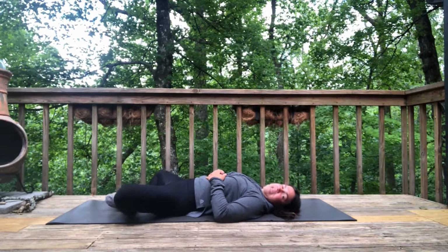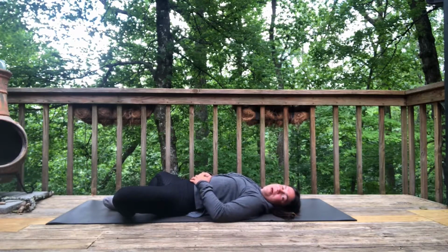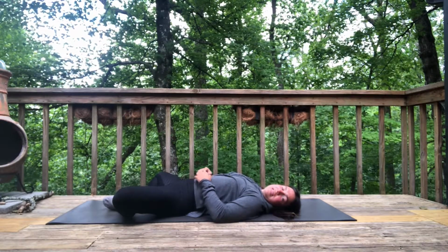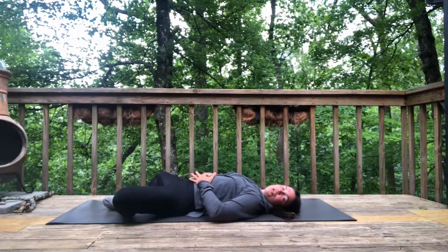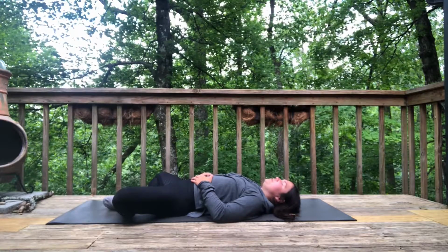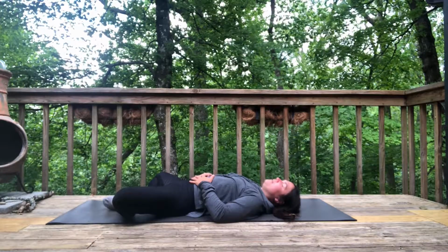So in our bound angle on our back, we're going to take our hands onto our belly. And we want to breathe into our belly like every breath we were inflating a balloon. So we're going to try a few rounds. Just close your eyes. And as you breathe in, expand your balloon belly for 3,